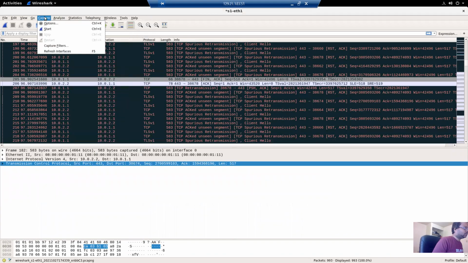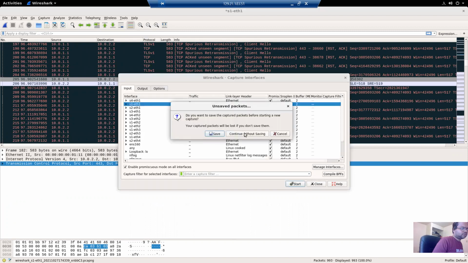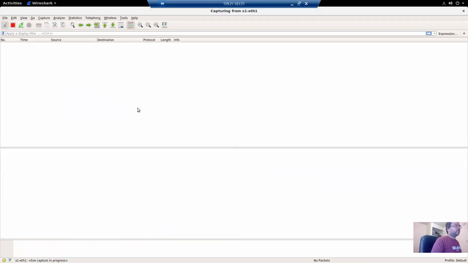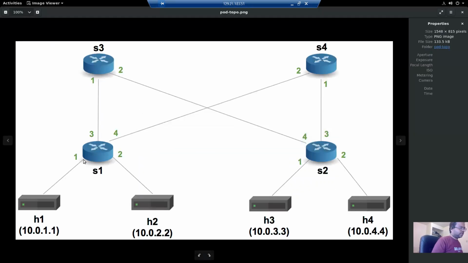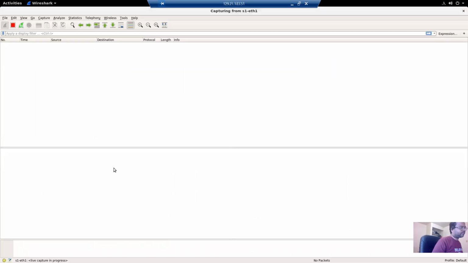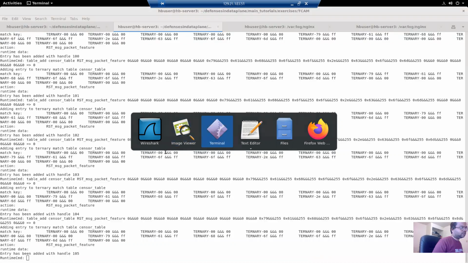Again, run on the S1-H1 interface, which is the link between H1 and the switch S1.